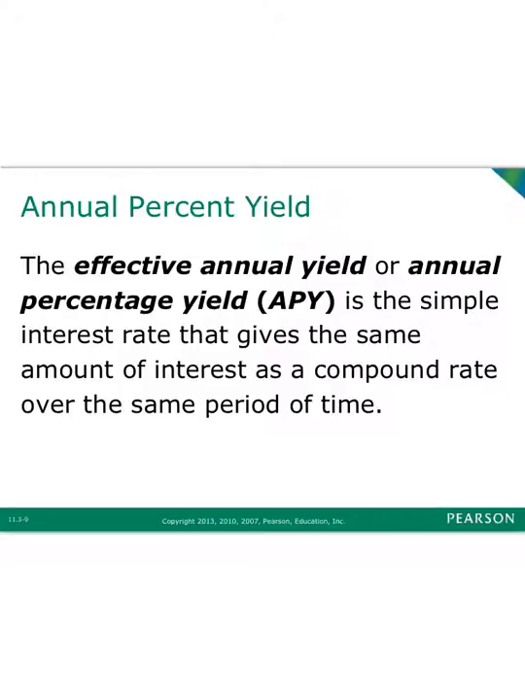So the effective annual yield, or annual percentage yield, is the simple interest rate that gives the same amount of interest as the compound rate over the same period of time. So from the last problem, we can find the annual percentage yield rate in the following fashion. We found out that the interest from the last problem was